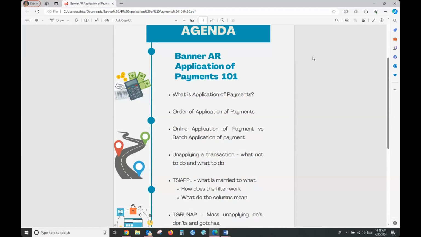Application of payments overall is simply a payment detail code that is being applied to a charge detail code. However, it could also be a negative charge, like a reversal, a cancellation, a reduction against an existing charge, or a payment against a negative payment, such as a reduction in your financial aid award or a reversal of a payment